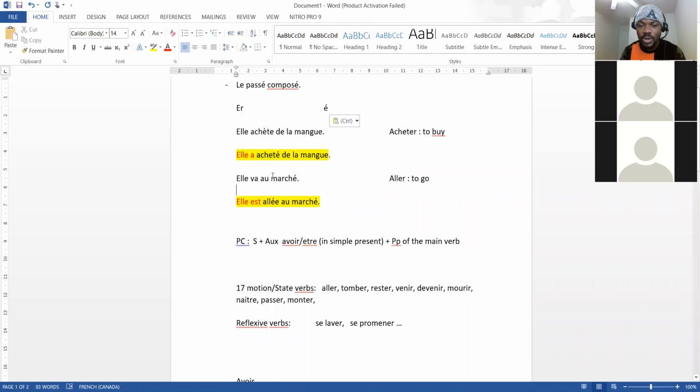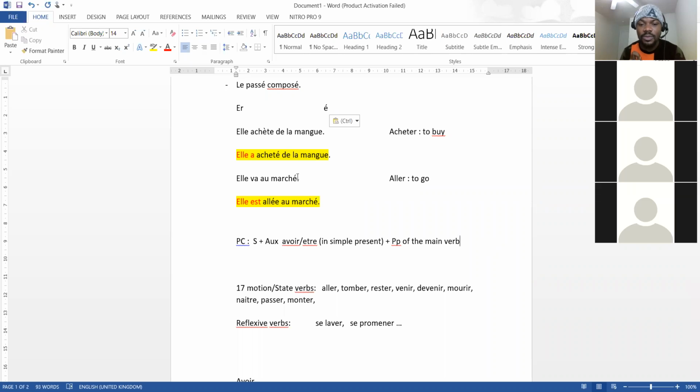So that's why we have elle a acheté de la mangue. She bought mango. Elle a acheté de la mangue. So that is how